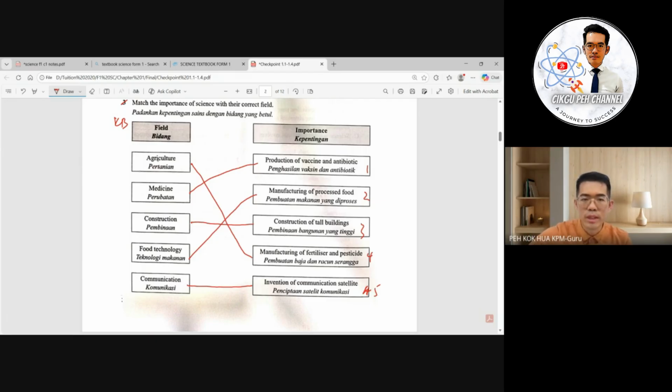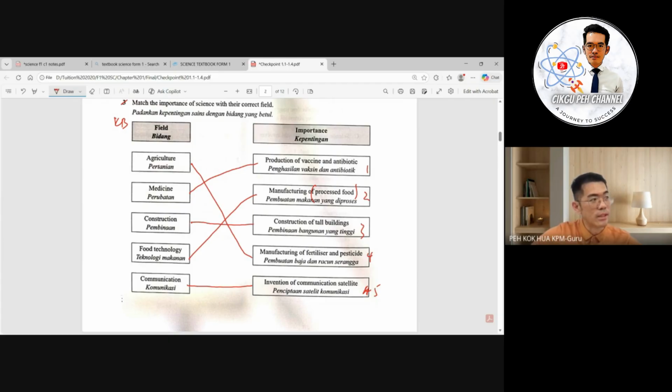Okay, so I repeat. Agriculture answer will be block number 4, manufacturing of fertilizer and pesticide. 农业重要性就是生产肥料跟杀虫剂。Medicine 医药重要性 block number 1, production of vaccine and antibiotic 生产疫苗跟抗生素。Okay, construction answer block number 3, construction of tall building 建造高的建筑物。Okay, food technology 就是食品工业，食品工艺。So importance manufacturing of processed food 生产制造经过加工的食物，比如说你每次吃的那种酿豆腐、nugget，对不对？Okay, so all of this is considered processed food. Okay, then communication